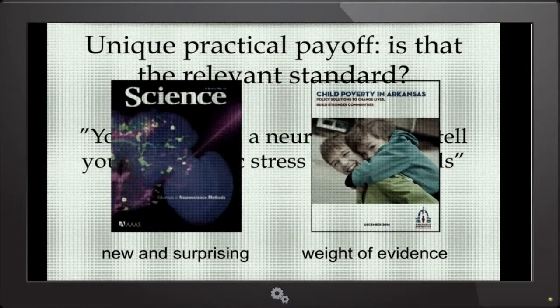Okay, another part of the critique from Amy Wax, I'm not sure if Charles Murray has made this point or not, but in fact I have to confess that I made that when I first encountered this work: look, there's no unique practical payoff here, right? So I want to ask you, is that the relevant standard? For neuroscience to be relevant, does it have to be telling us something that we didn't already know from other sources? Honestly, this is something that I've said, which I now think, Martha, was really kind of stupid and thoughtless.